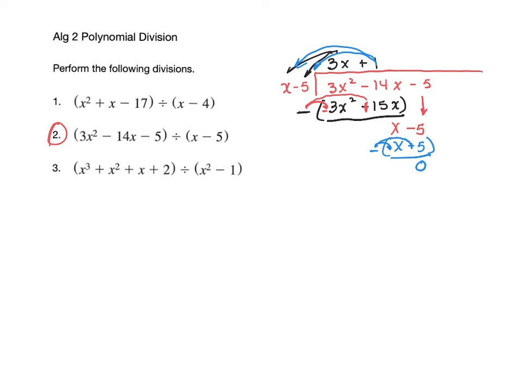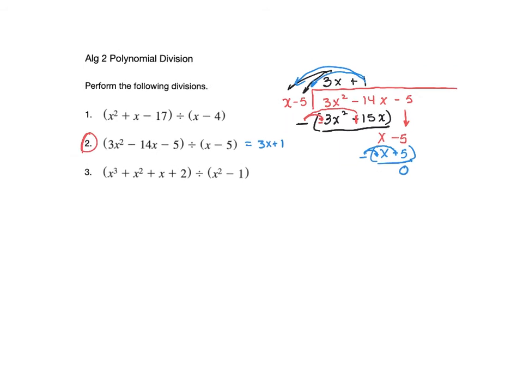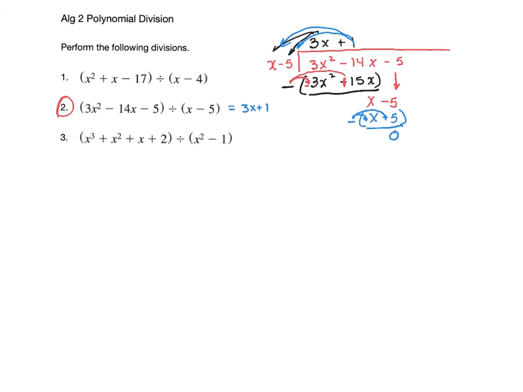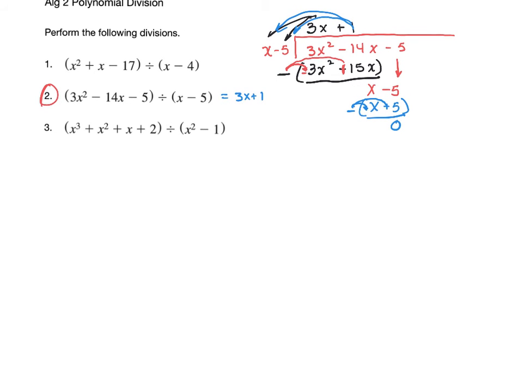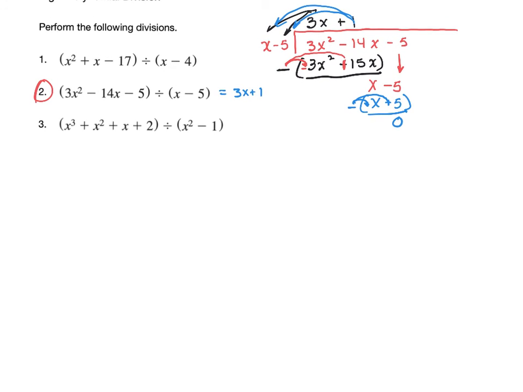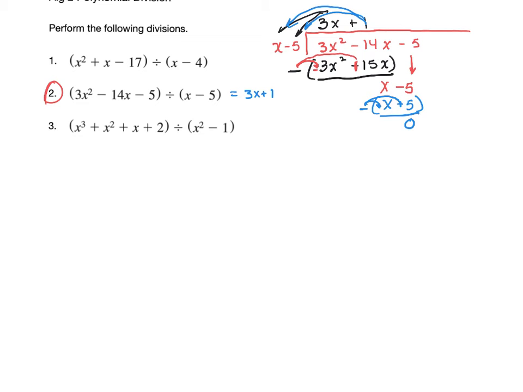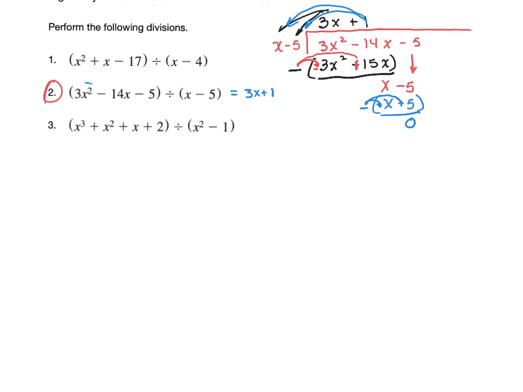So the answer to number 3 here would just be 3x plus 1. Now this brings us to the point of why we're doing this. Eventually, to solve these polynomials, we're going to have to get them into factored form. And if you recall, once we have them in factored form, we can use this thing called the zero product property. And so essentially what we have just done is we have factored